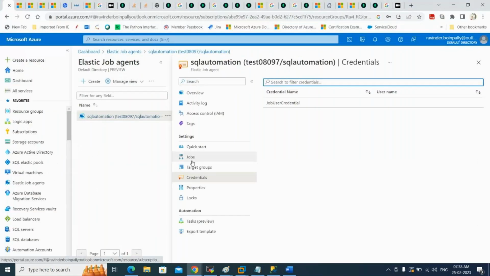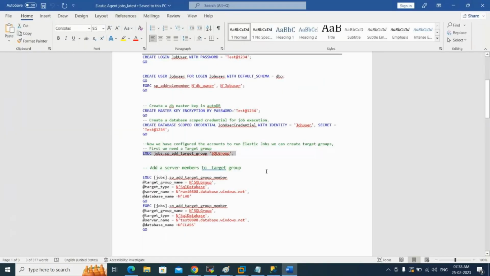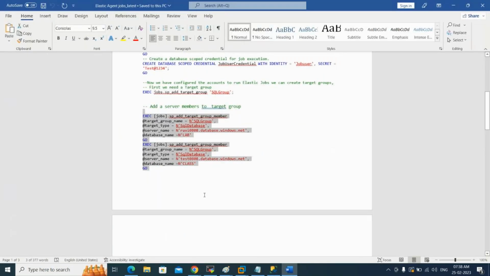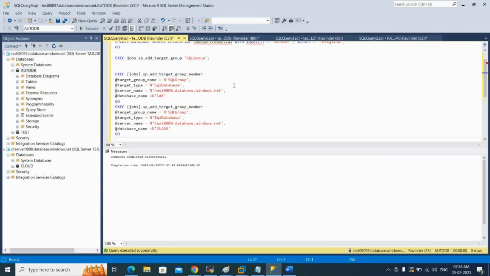Now we're going to add the members into it. What are the members we're going to add? With this syntax, you can add n number of members into one single target. So the syntax is add target group member. It is the SQL group that I just created. I'm referencing the SQL group, and what we are trying to add is the SQL database target type, and the server first to talk to. So the test 08097, this one,